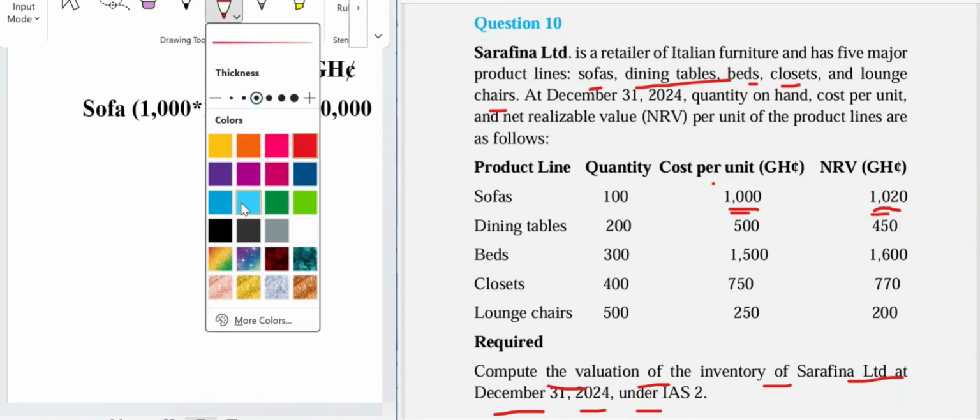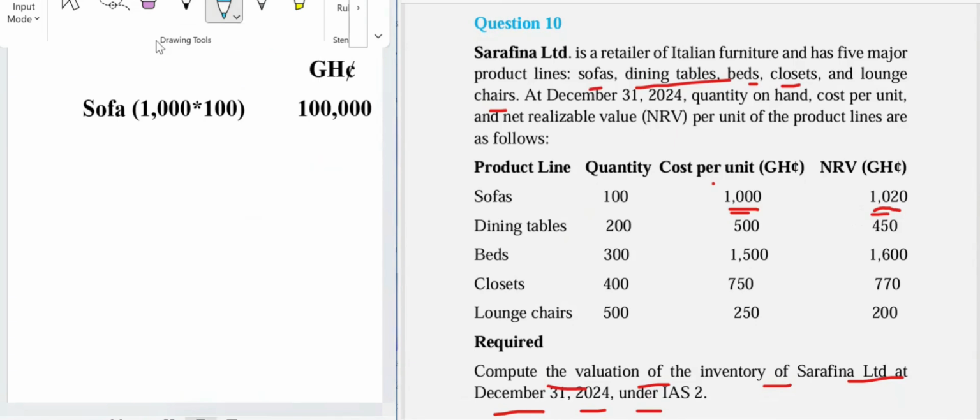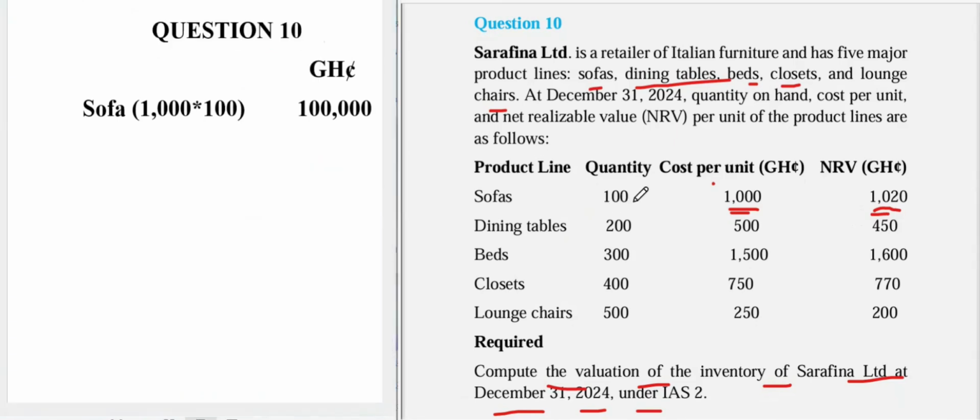I follow to get a total cost. Then that's this figure here. We'll pick this and multiply it by the total cost. Pick this quantity, this 100 here, multiply it by 1,000. You'll get a total cost. Then we'll pick the same 100 and multiply it by the 1,020 to get a total net realizable value